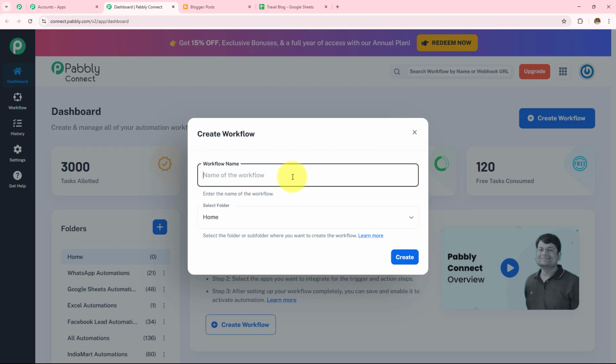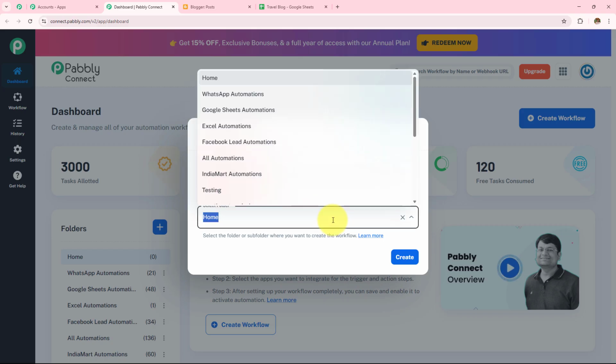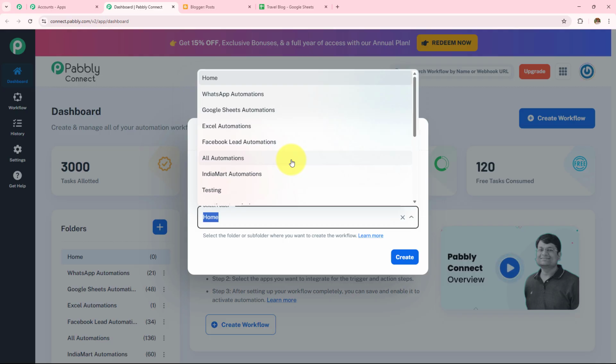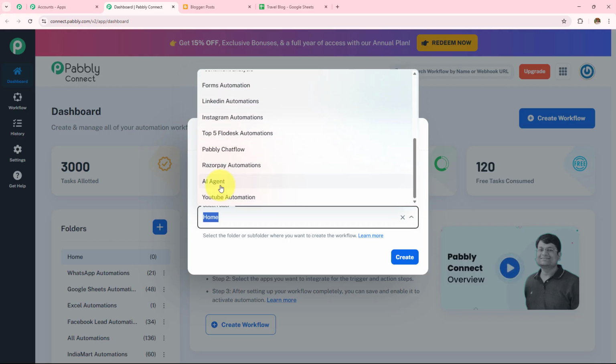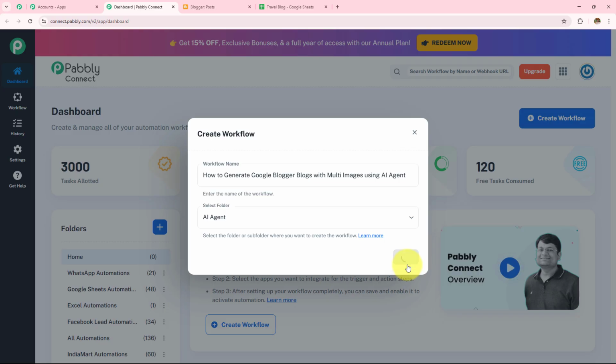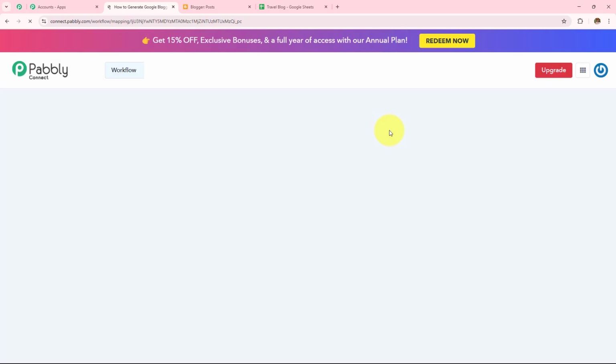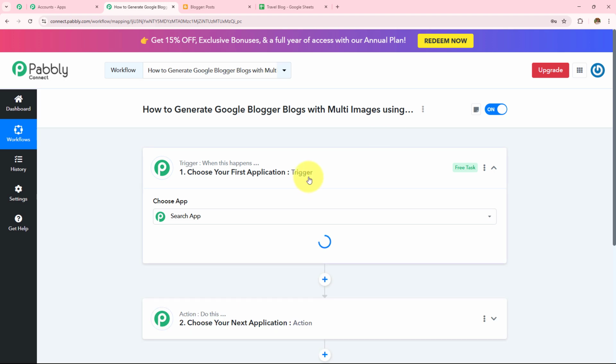So first, let's name this workflow as How to Generate Google Blogger Blogs with Multiple Images Using AI Agent. And now I need to select my folder. So these are the folders which have been created. And here I'm simply going to select this as AI Agent and then click on Create. So here the workflow is created successfully, and as soon as I click on create, two boxes have appeared in front